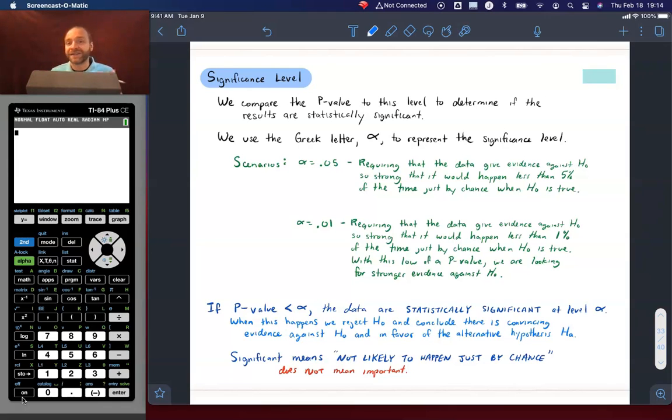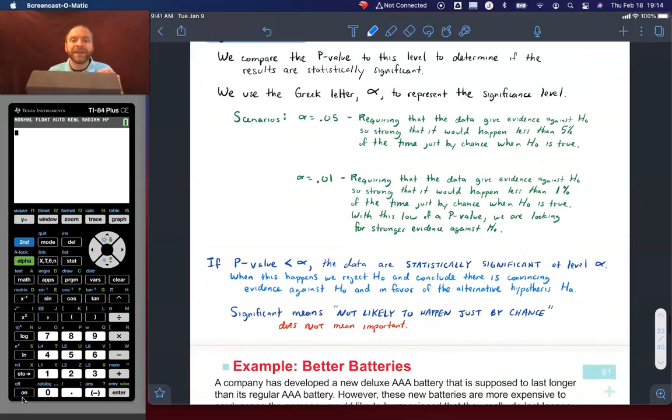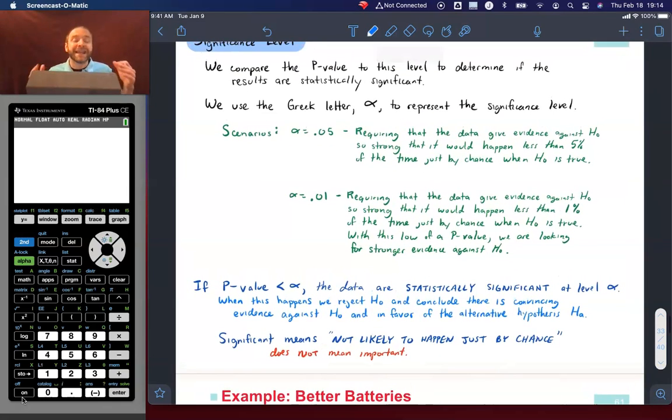Your alpha level for scenario 2, let's say it's 0.01. That's requiring the data give evidence against the null hypothesis so strong that it would happen less than 1% of the time just by chance when the null is true. With this low of a p-value, we're looking for stronger evidence against the null hypothesis. So if a p-value is less than alpha, the data is statistically significant at that alpha level. When this happens, we reject the null hypothesis and conclude there is convincing evidence against the null and in favor